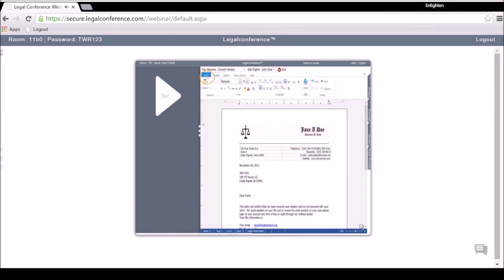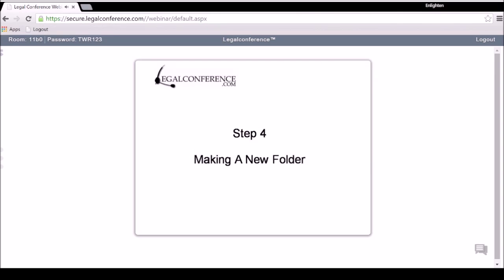And these are the same types of fields that you would have in a normal editing experience with Microsoft Word. I can do file, save. For instance, I can click on file save and actually make changes and save that document for later. I don't have to keep moving that document back and forth between my desktop and the Legalconference file system. I can just move it into Legalconference, and once it's in there, I can make most of my changes within the system. I'm going to save this document,